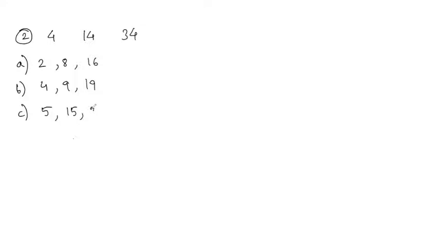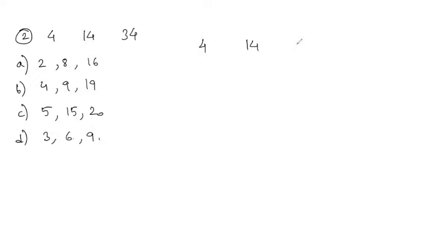Next one is 4, 14, 34. This is the given set. Options are: option A 2, 8, 16. Option B 4, 9, 19. Option C 5, 15, 20. Option D 3, 6, 9. So